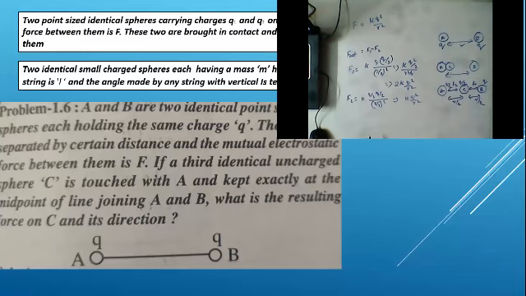Okay, so here if you clearly observe, what can we write, guys? We can write F net is equal to F1 minus F2. That is, we can write it as 2kq²/r² minus kq²/r², and ultimately it is kq²/r², which is equal to the value F. So here, the answer we got is how much, guys?